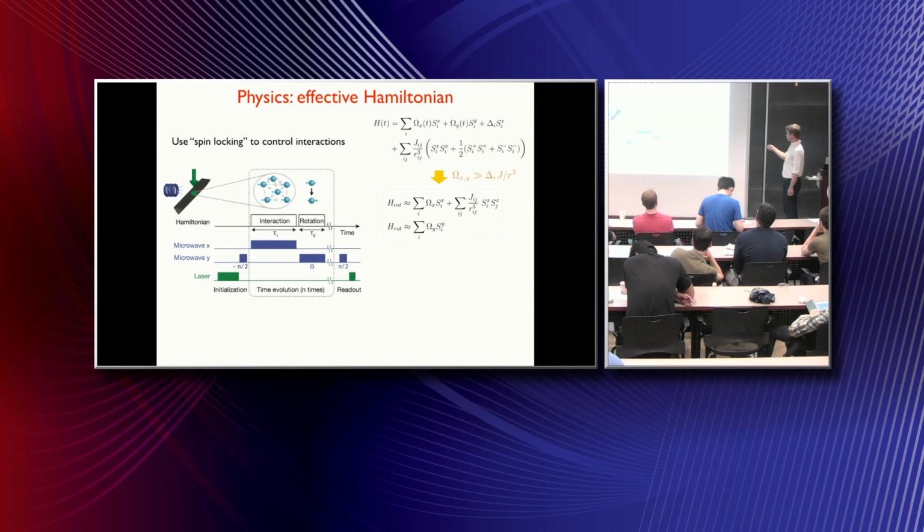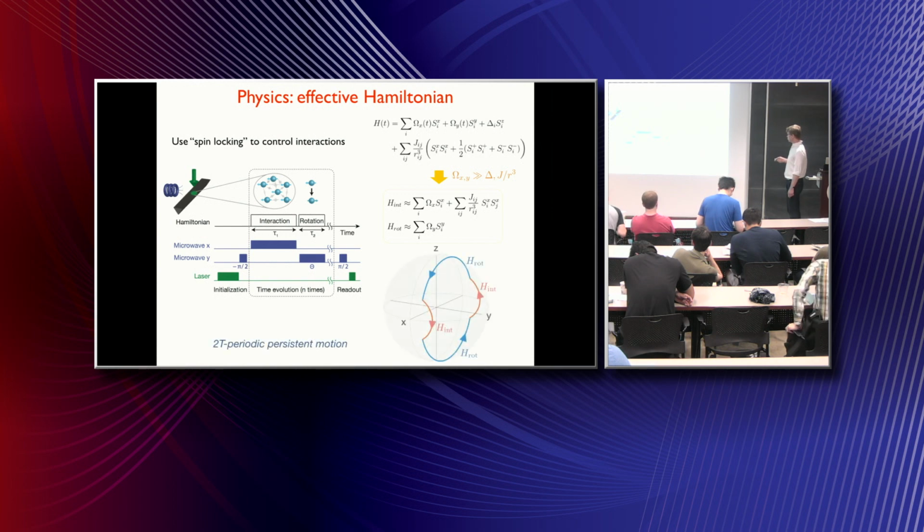So by applying this pulse, we average all of the terms in the Hamiltonian except for the interaction along the x-axis. This is our effective Hamiltonian during the interaction stage, and this is our Hamiltonian during the rotation stage. Using this Hamiltonian, you can immediately see how this picture might emerge, because we start along the x-axis, and then we do this rotation around the y-axis,